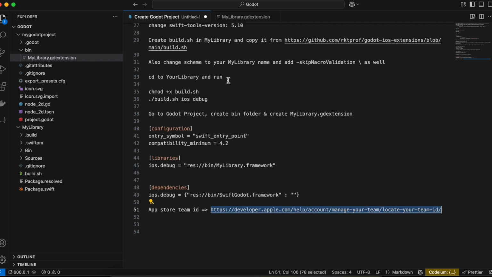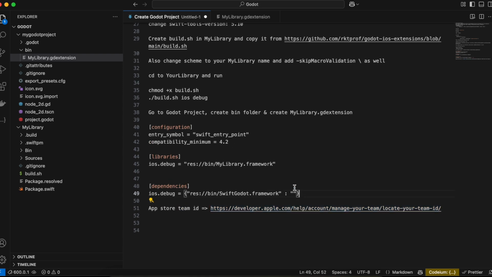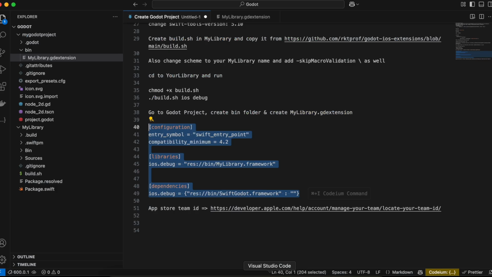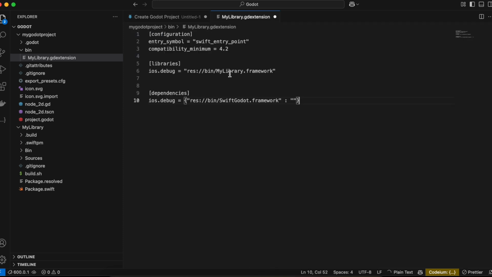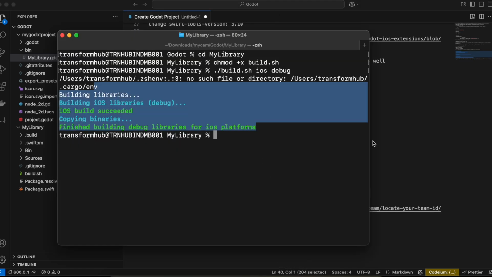And here, as you can see, I'll just need to copy some code, so I'll just copy this code. Now again, I'm not able to open this file from Godot game engine, I don't know why, at least in 4.3.0. So I'll just open it via VS Code and paste this particular bit of code. Again, you will have to replace debug with release if you have generated the release framework. So I'll just close this for now, and here you can see our terminal has also created the required framework